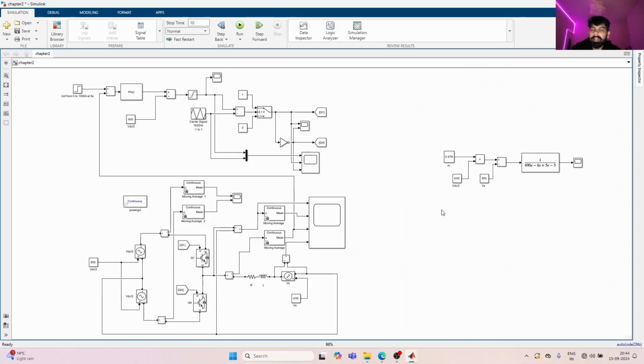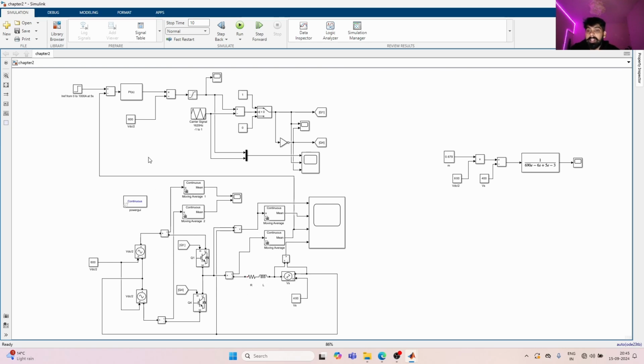Hello and welcome again. In the last video, we saw the control of the AC-DC half-bridge converter. Instead of changing the modulation signal, our M, manually, we generated it using a PI controller. As a user, I gave the reference value of the current that I want to flow from the converter to the source side, and the PI controller generated the desired M and the voltage drop across this RL so that our reference current could